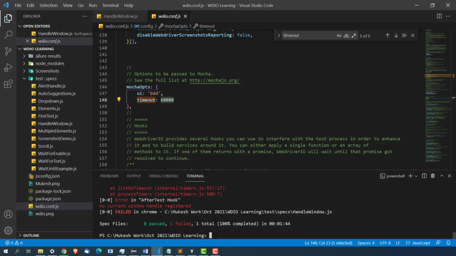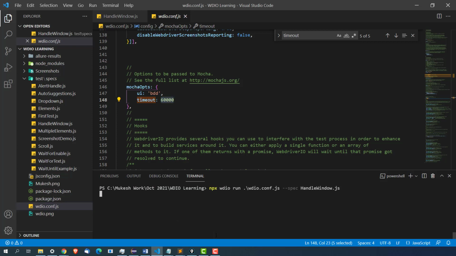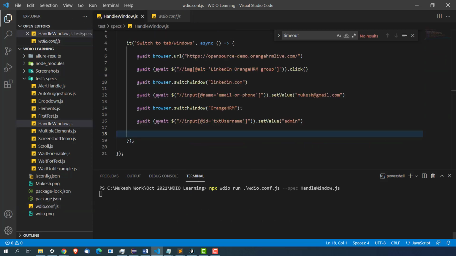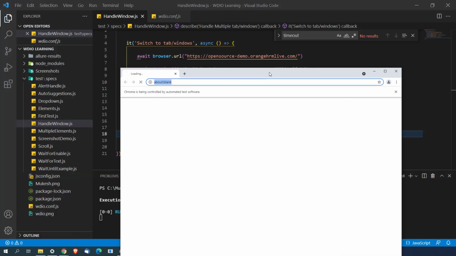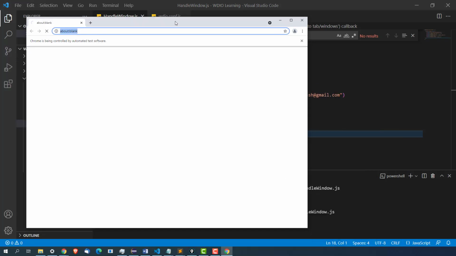So now we're going to rerun our test, and let's see, this time it should be a little fast. Sometimes it happens, maybe your application is stuck, could be some application issue, network issue. So in that case, page load timeout always helps. We don't have to wait for infinite. Let it fail after some time. So again, we are giving a retry. This time it should load.